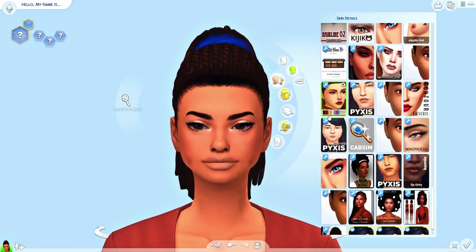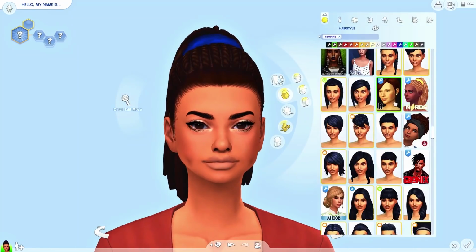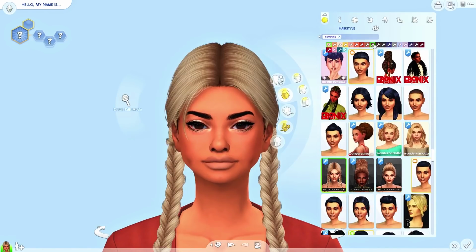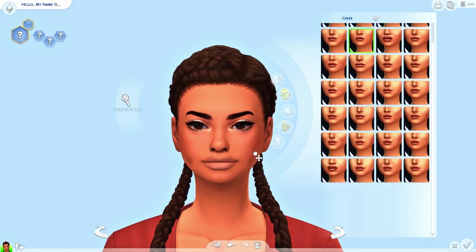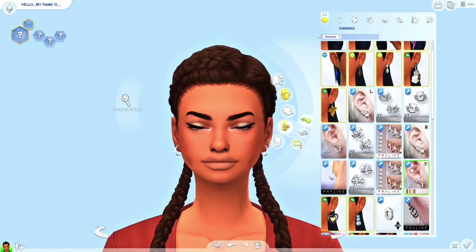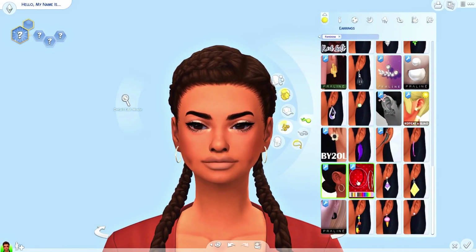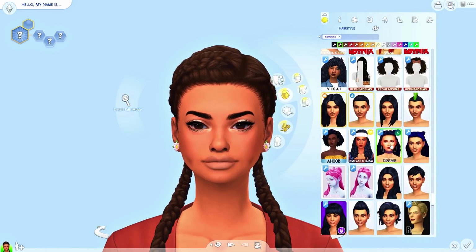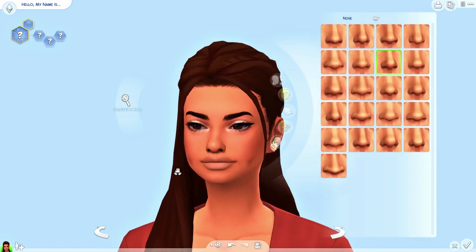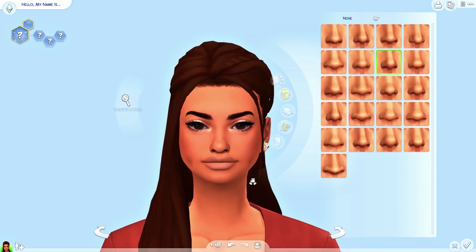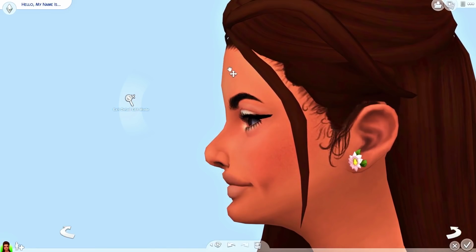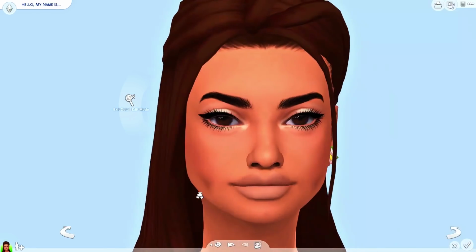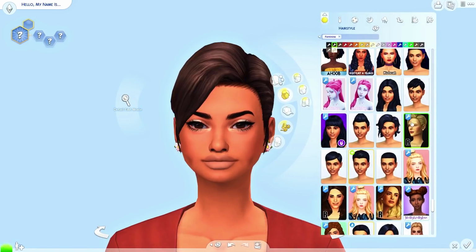I will see. This is actually my current household family, and I will explain a little bit more of their backstory, mostly their present in the speed build, because I'm going to be making a single mother house for them that they're going to be living in. And since she's a little bit shorter, I used a height slider from Luma Lover Sims on their Tumblr, Luma Sims right now on their Tumblr, and I downloaded that height slider,